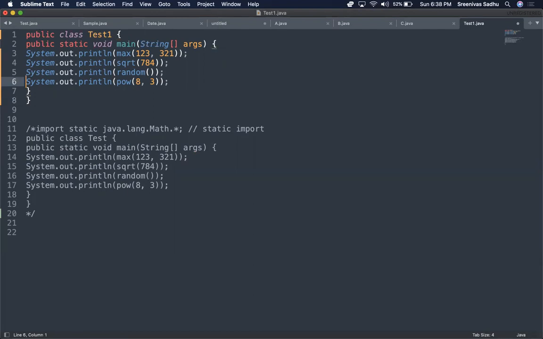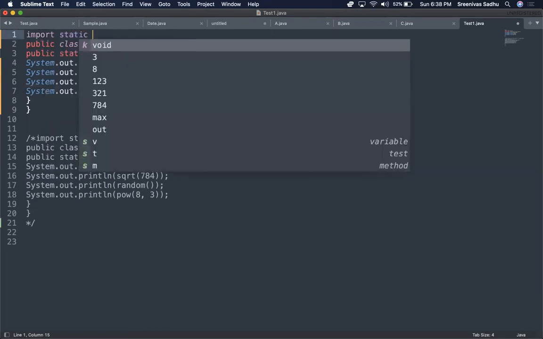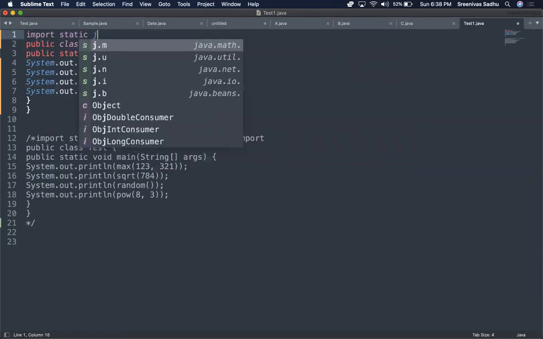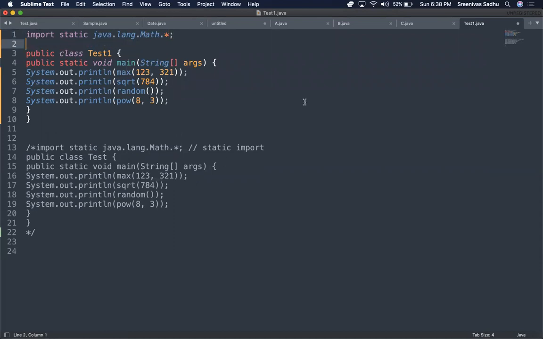And before that, what I have to do is import this particular Math class statically. See, import static java.lang.Math.*, since this Math class is available in the lang package. Now what happens is, without using the Math class, all these things are going to work.